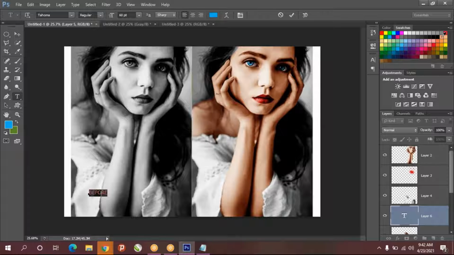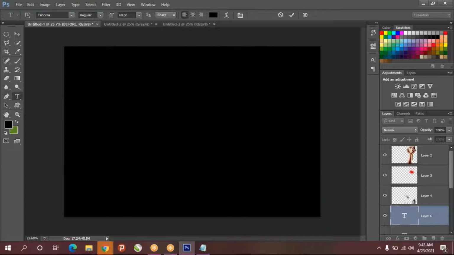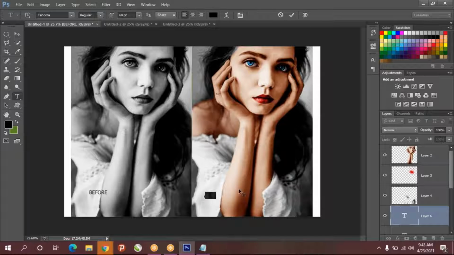I'll give it black color, and here also, once again, you click on the move tool to type somewhere else. I'll give it black color.